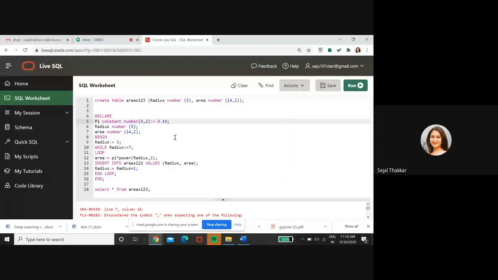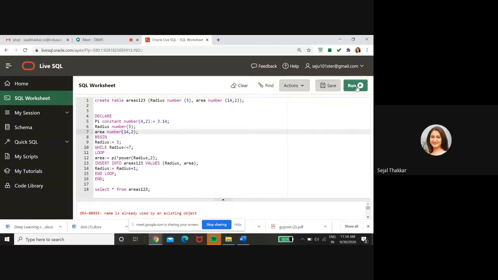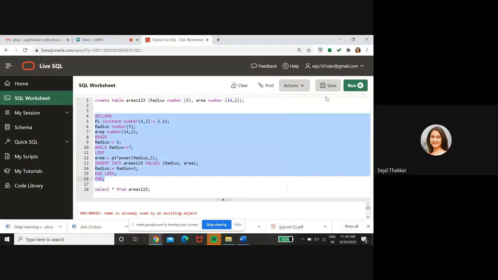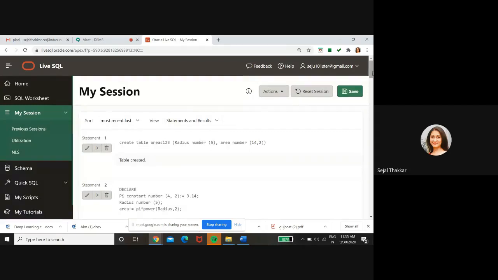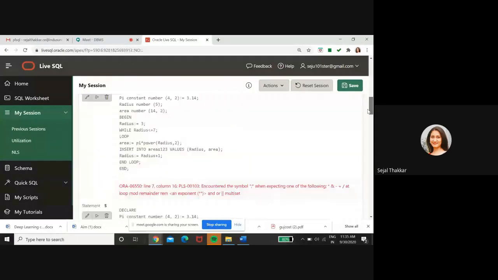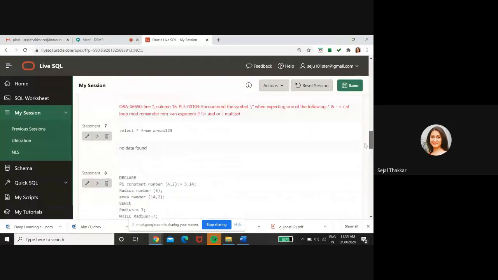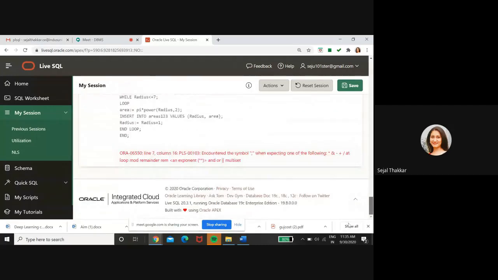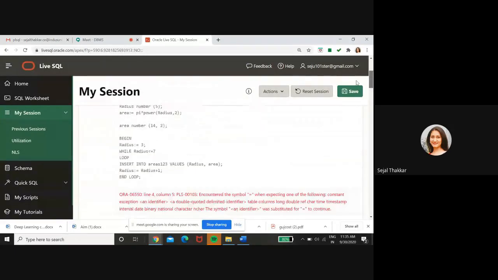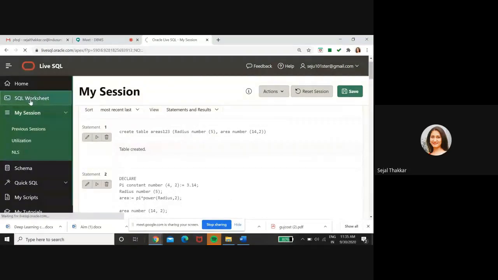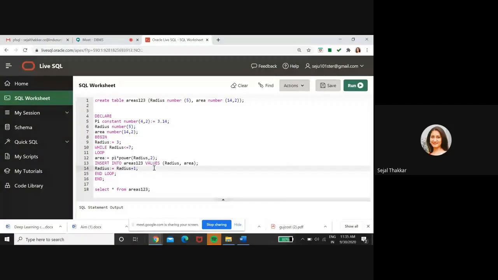Find out the error. What error is coming? Name and all these things are okay. Radius is equal to 3 while radius less than or equal to 7.